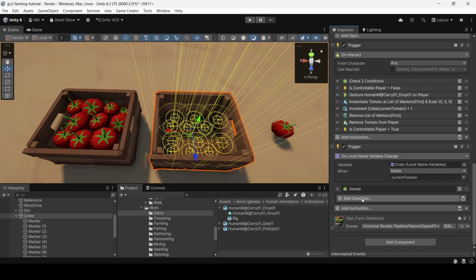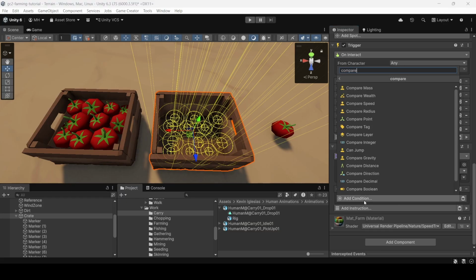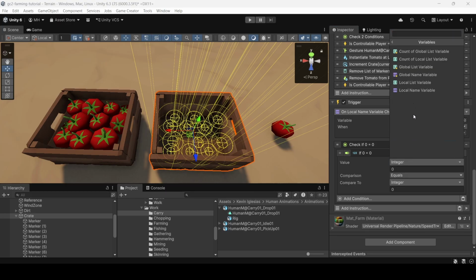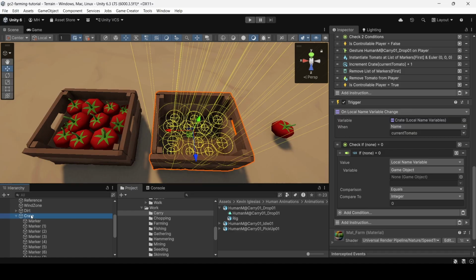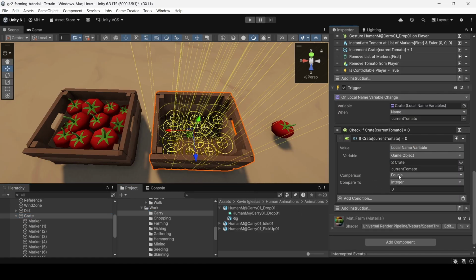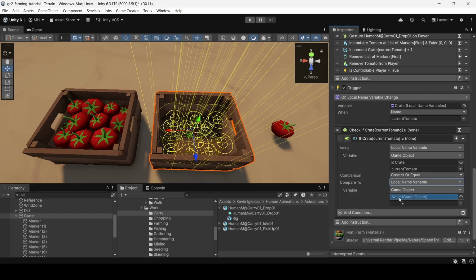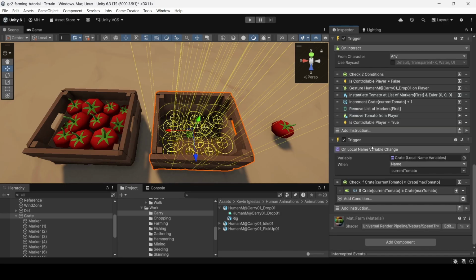Yeah, that's what we'll do. And then compare, do an integer. And current tomato greater than or equal to max tomato. So if it comes up to the maximum, then what we want to do is replace this whole